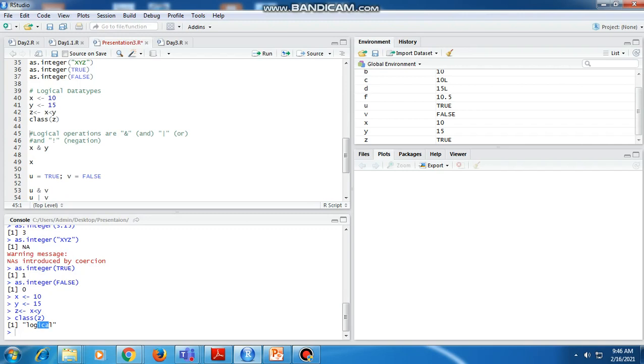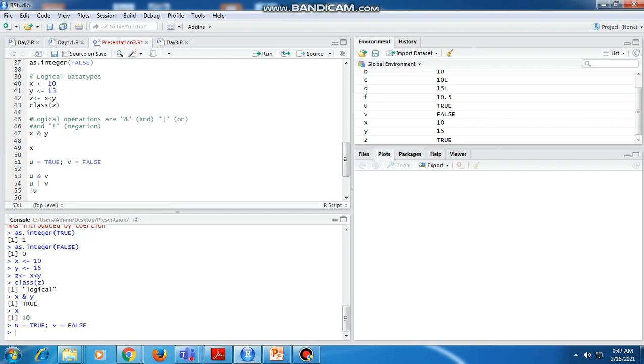We'll see logical operations with AND, OR and negation. We consider the same values of x and y. So x and y, yes, it is true. Then we consider two variables u and v, u as TRUE and v as FALSE.